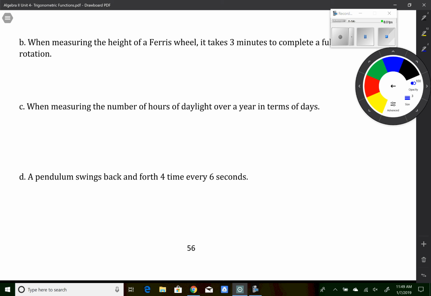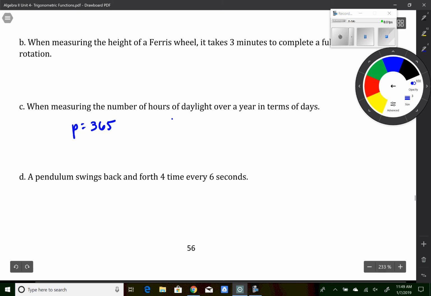So for C, it says the number of hours of daylight over the year in terms of days. Well, I know the winter solstice is the least number of hours of daylight in the year, and the summer solstice is the most. So it's going to take half of a year to go from the minimum to the maximum. So it must take a full year to go through the entire cycle. So the period is 365,